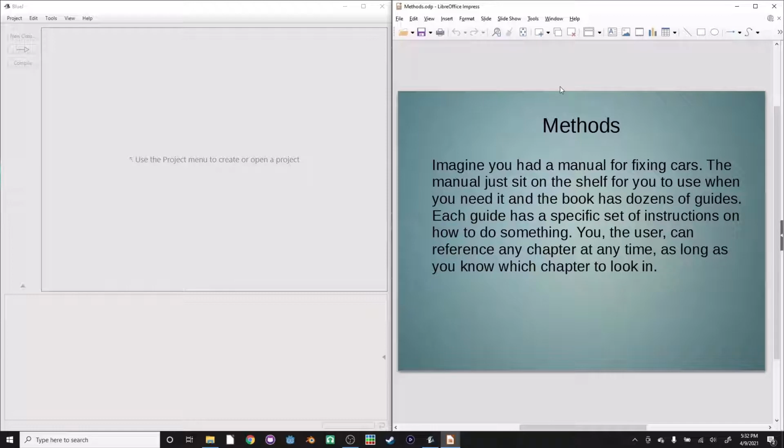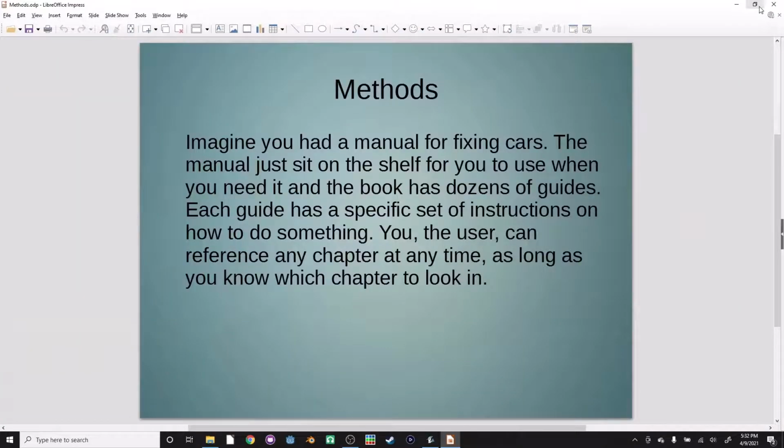So imagine that you had a manual for fixing cars. Now, I love cars. I was a mechanic for a while. Engine theory was like my jam. So you're going to see a lot of car analogies, but that's okay because I promise I'm going to dumb it down so it makes sense for those of you who are not car savvy. The manual just sits on the shelf for you to use when you need it,